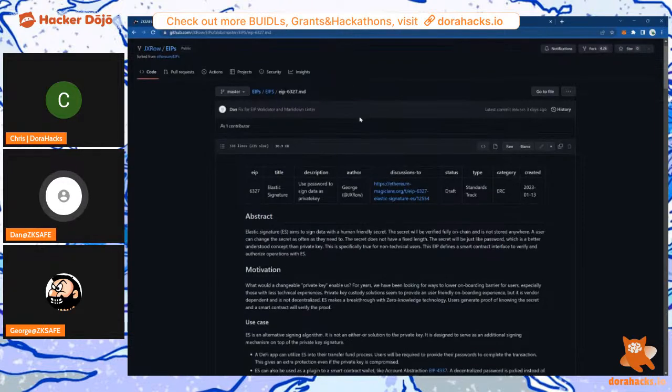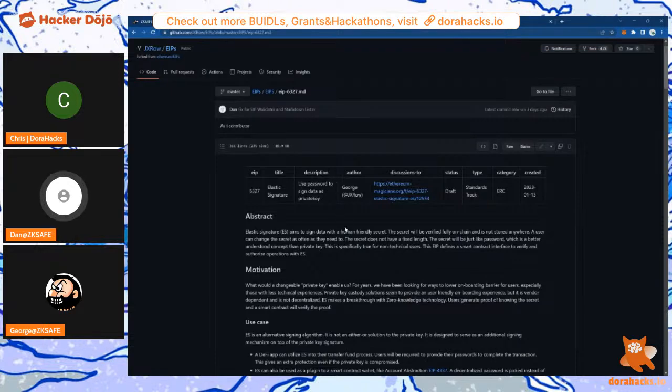One of the problems with a private key is that it cannot be changed. Once the private key is compromised, it is compromised forever. Somebody else will own your private key forever. So what we're trying to create is a key that's changeable. You can update and change the key as frequently as you need. So if you have any feeling that your secret is compromised, you can just change it or update it.